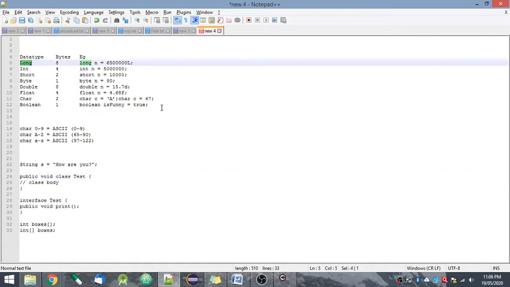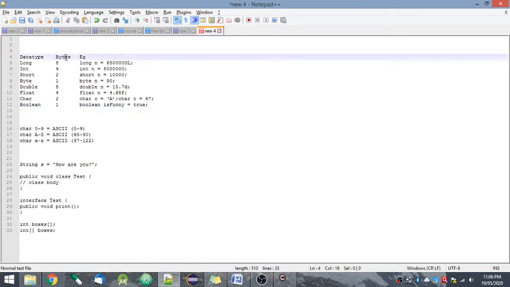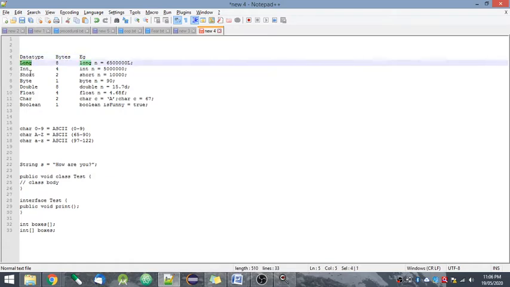This is just a chart of data types, how many bytes each stores, and an example. Here we have the long data type. It stores 8 bytes, and this is how we declare a long variable.